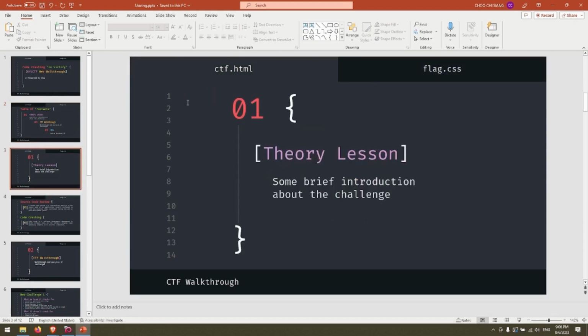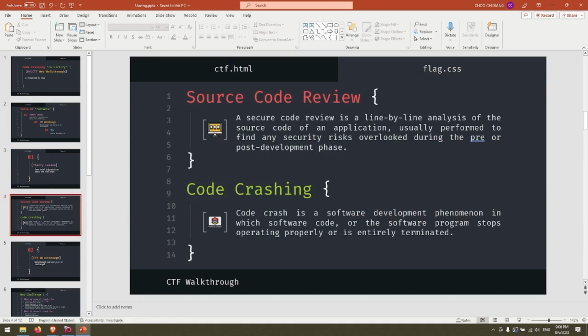Okay, so first we'll be going through the theory lesson. What is source code review? It's very direct by the name of it, which is you go through your code line by line and do analysis of an application, to see whether the code is implementing secure coding or not. If they are not applying secure coding, then the code might be vulnerable to certain